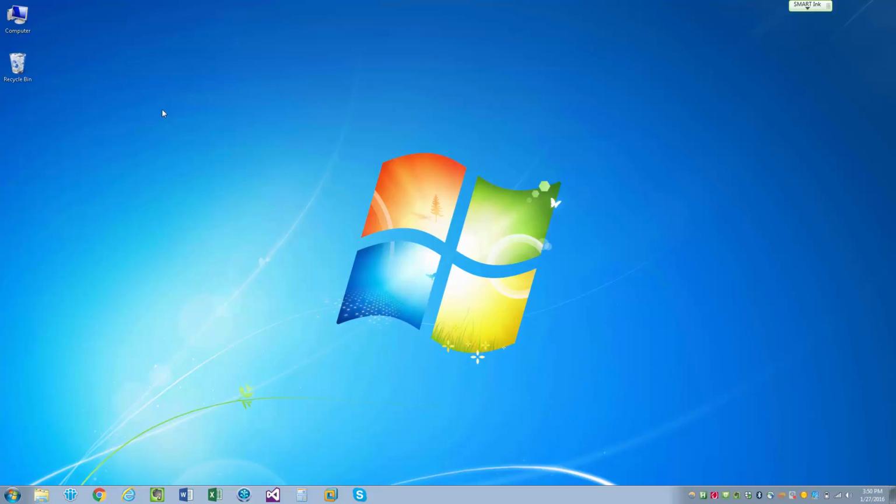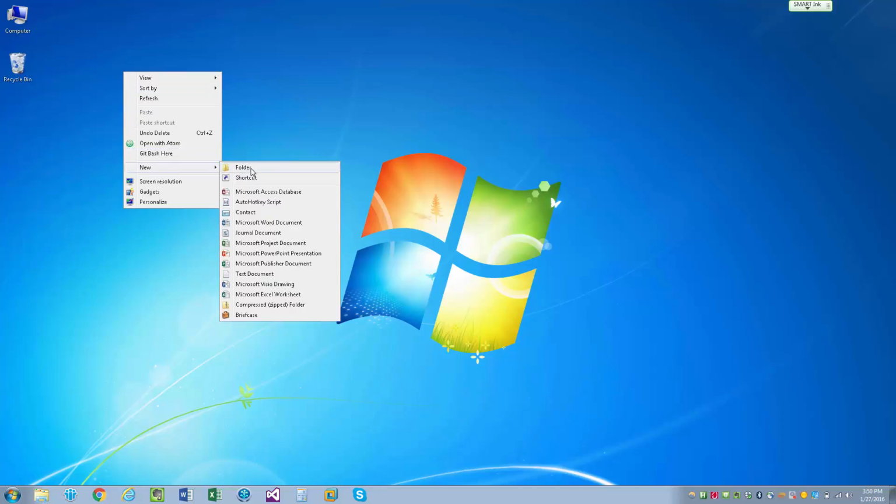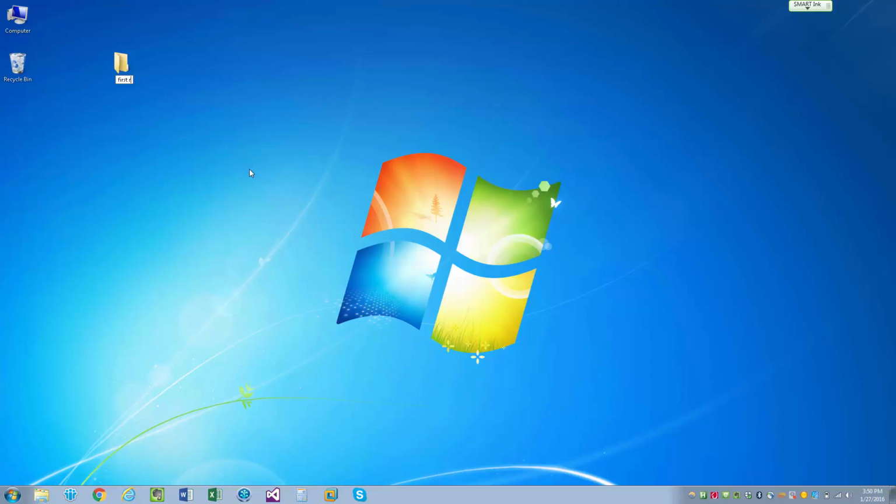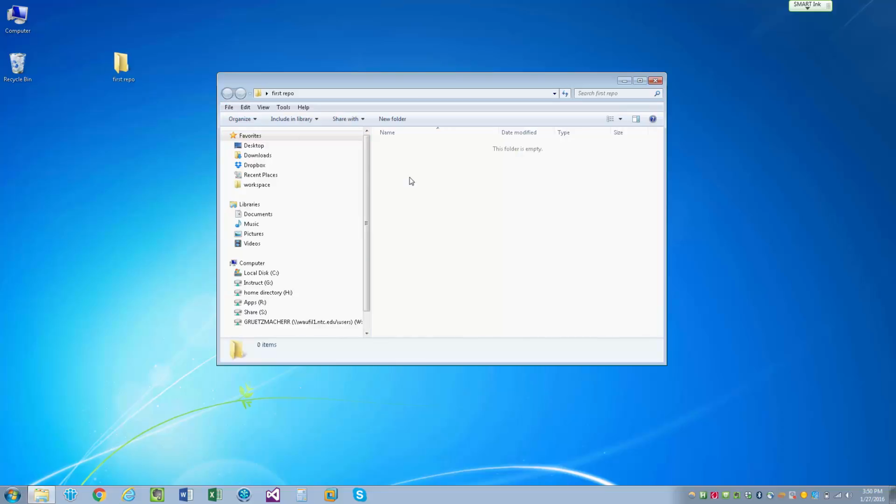For this exercise, I'm going to be working within a folder called First Repo. So I'm going to go ahead and create that new folder on my desktop. Now that I've created my first repo folder, I can go within that folder and open up the Git Bash